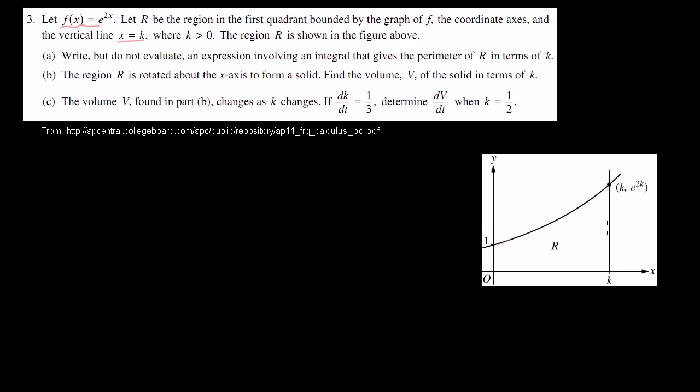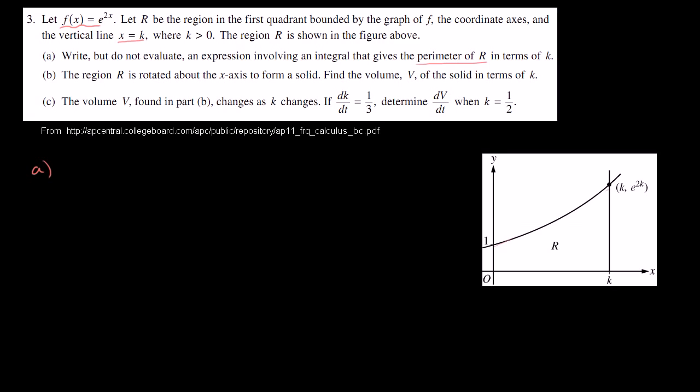This is the line x is equal to k, and this region R is between those, and it's in the first quadrant right over here. So this right over here is our region R. Alright, so what are they asking us to do? So k is greater than 0, the region R is shown in the figure above. Part A. Write but do not evaluate an expression involving an integral that gives the perimeter of R in terms